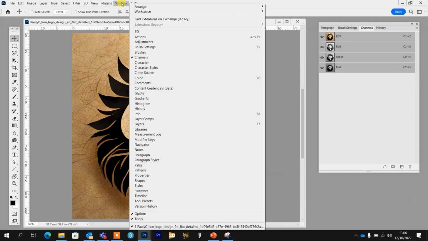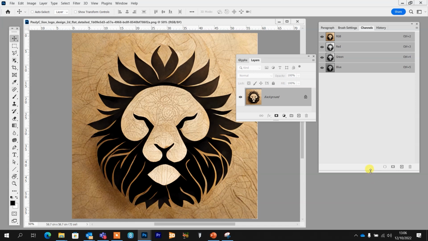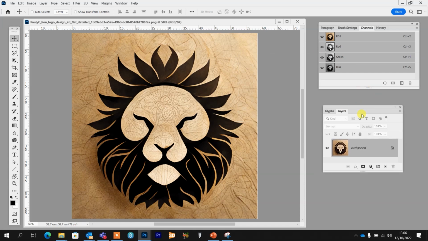And then I'm going to get up my layers. Now, I'll do this as a sort of beginner tutorial, even though I've covered a few of these things before, but it's going to be quite quick. So, right, all I need to do is make sure that I can extract this lion head design